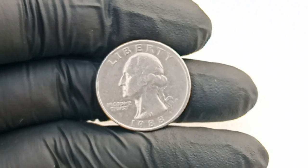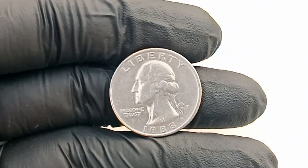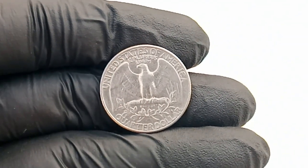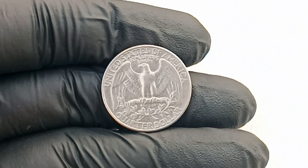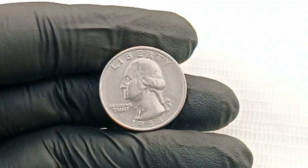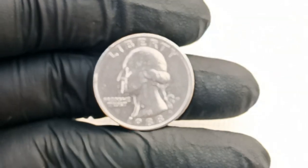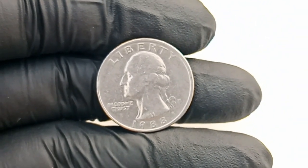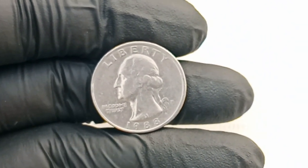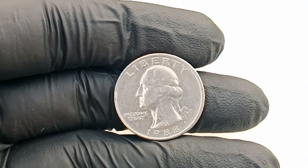The story behind the 1988 P quarter begins with understanding what a quarter from that year typically represented: a standard 25-cent coin minted at the Philadelphia Mint, marked with the P mint mark, depicting the familiar profile of George Washington on the obverse side and an eagle on the reverse until the state quarters program commenced a decade later. Under normal circumstances, quarters minted in 1988 would be among the most common circulating coins in the United States, with tens or hundreds of millions produced, often worth only slightly more than their face value unless found in exceptional condition